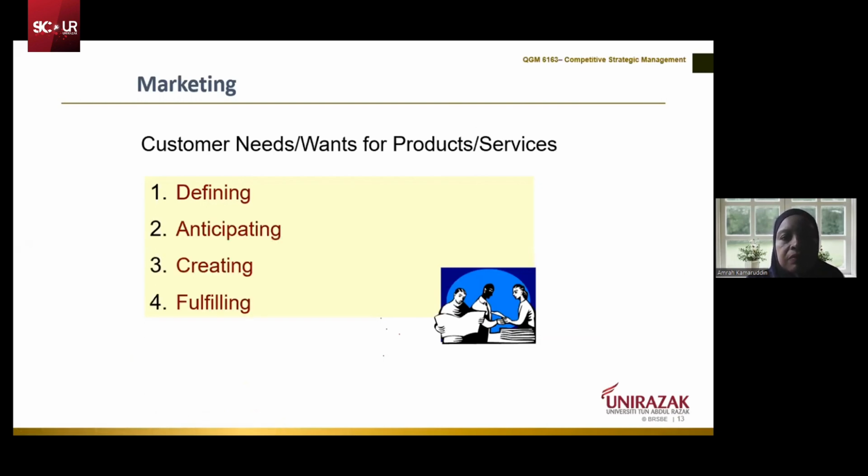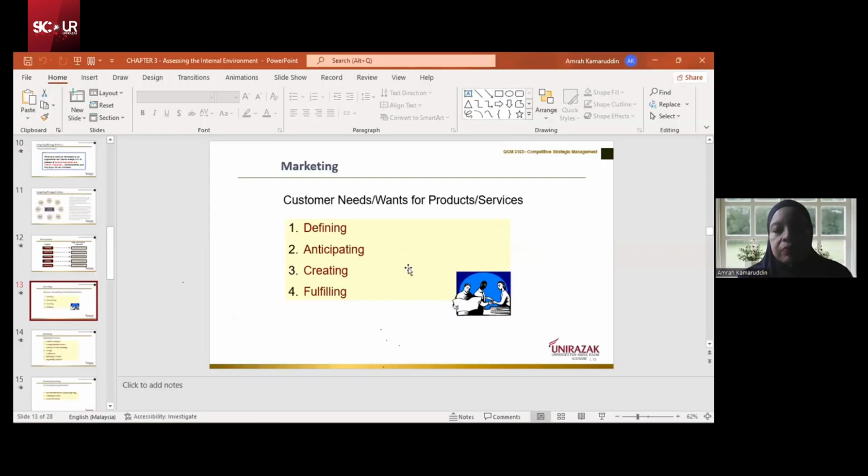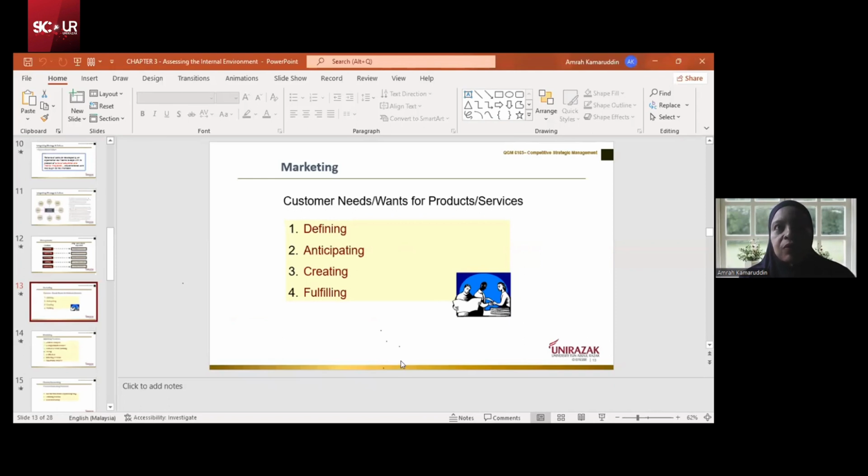Yeah, so the marketing, because this is actually, you need to understand, this is internally. Yeah, so customer needs, wants for product. What's the time now? So kita break pukul 10. So sorry, last week I thought our class finished at 11. So I give you later after BCG, yeah, not the BCG to cucuk tu, yeah, BCG for the metric,